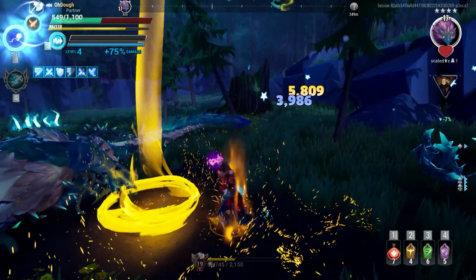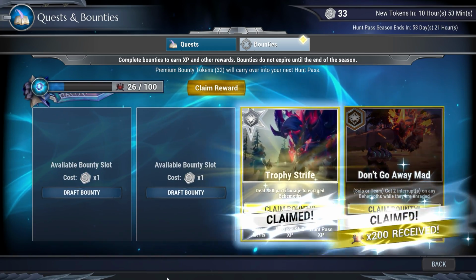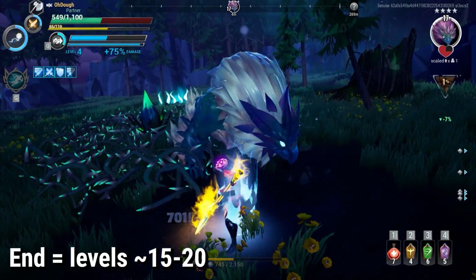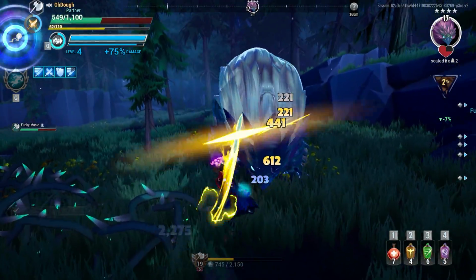Tip number 3. I highly suggest saving your bounties for the tail end of your weapon skill leveling progression, whatever you want to call it. All right, save your bounties for the end, because that's where the grind really starts to kick in and the fights become a lot harder. The behemoths deal more damage, they take longer to kill,